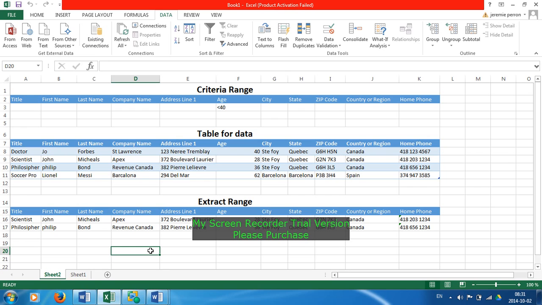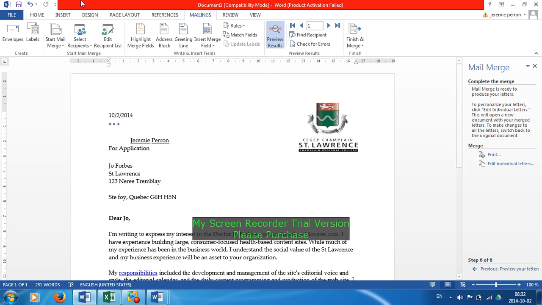And this is it. I think the extract range and criteria range from a table of data is really useful for a business. And same thing for a mail merge. Mail merge can be used by anyone who wants to apply for a job, or a company that is sending out letters to many clients. It's a really easy way to do it. It's much faster than entering information all the time for different clients, and there is way less chance of error when redoing the